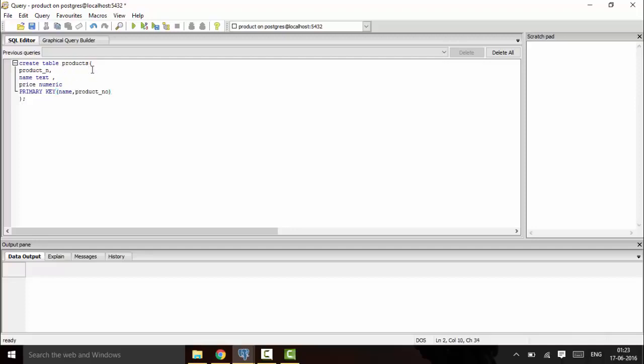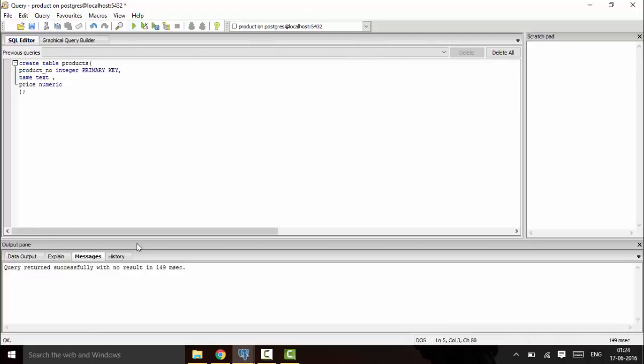Then we would just need integer here. So this indicates that the primary key is made up of two columns. We will not be using two columns or two attributes here. I will be just adding a primary key to the product number column,